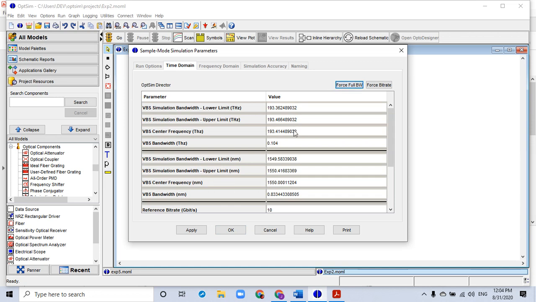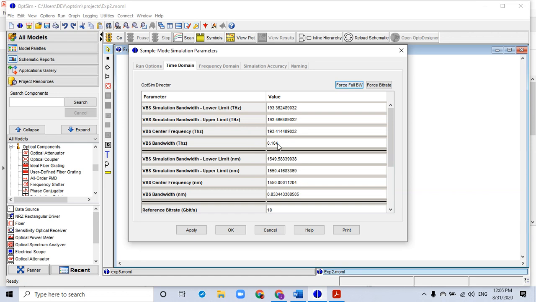There are other things also wherein you can get the information about what default settings are done regarding this optical experiment. So the VBS bandwidth is 193. Lower limit and upper limit both have been mentioned over here. The center frequency, that is the center emission frequency of the optical system, has been set to 193.414. We'll have to remember this because we'll be using it for measurement purposes later on.